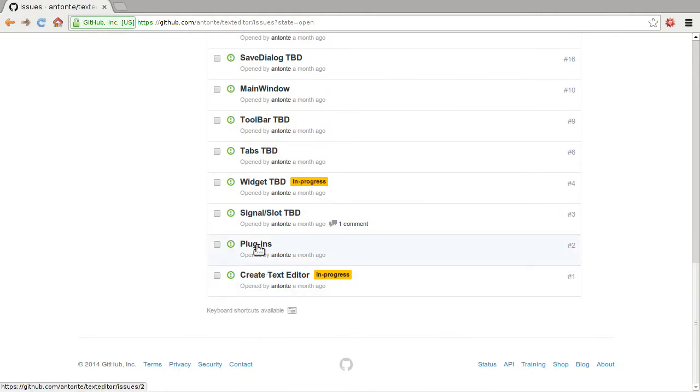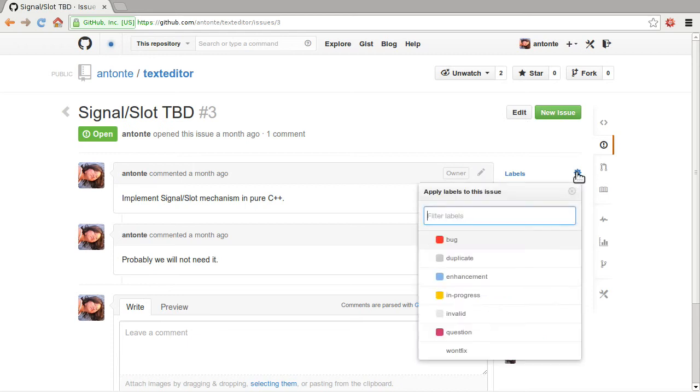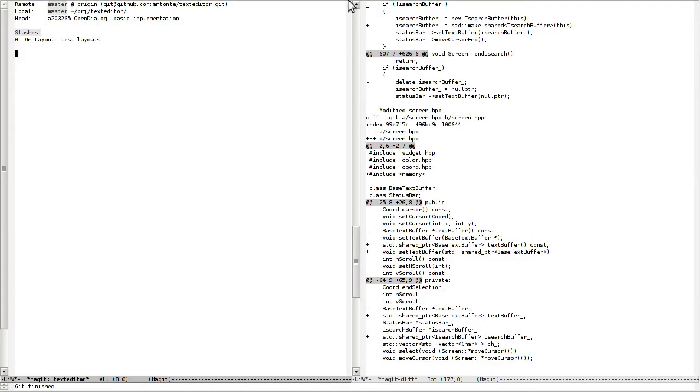Create text editor, plugins, SignalSlot, widgets, tabs, SignalSlots. I think we are going to need this thing actually. Let me work on this thing. So I'm going to mark this thing in progress and create the